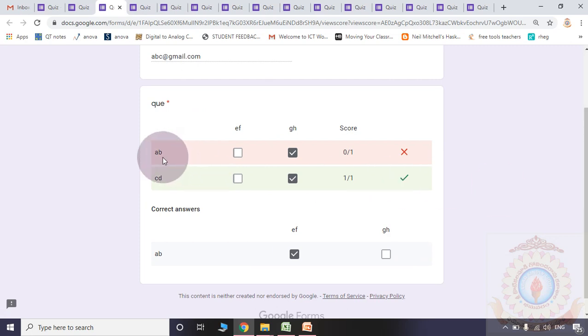Please observe, for row 1 EF is the correct answer. In row 2 I selected the correct answer. So here 0 by 1, here 1 by 1.